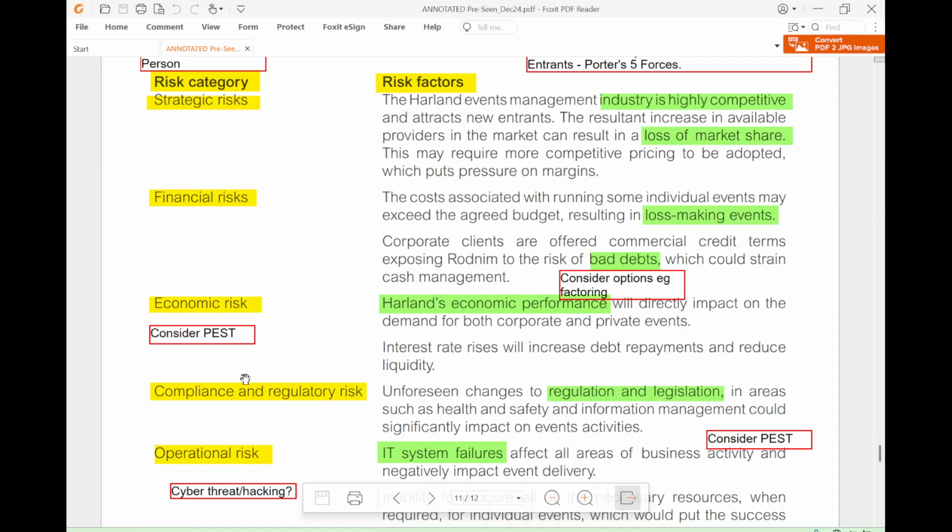What are the most important ones? Again, I touched on this area previously. For me, certainly the strategic risks, because of the nature of the industry, so competitive and getting more competitive day by day as new entrants come in. Outside of that, for me, operational, IT systems failures. The others, slightly secondary,